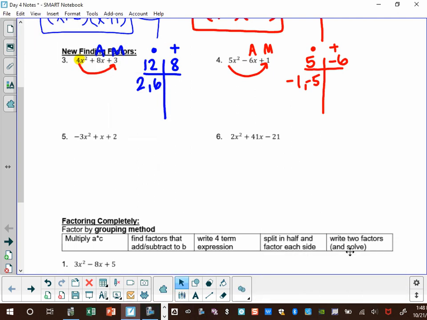Alright, so what do you guys get for number 5? You need two numbers that multiply to give us what? -6. Make sure you do -3 times 2, which gives us -6. And that adds to give me